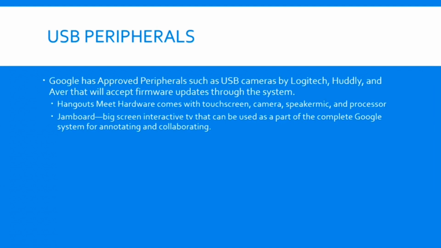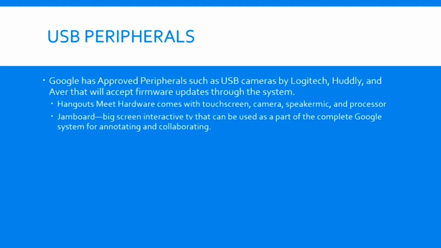Peripherals for here, Google has approved third-party peripherals that are made by Logitech. This includes the Rally Cam, the PTZ Pro 2, an AVer cam, a Huddly camera, and the Logitech MeetUp, which has the sound bar, microphone, and camera all in one unit. And they also have their own hardware that they offer as well. It's made by Google, and the camera, speaker, and microphone are all in one piece, similar to the Cisco